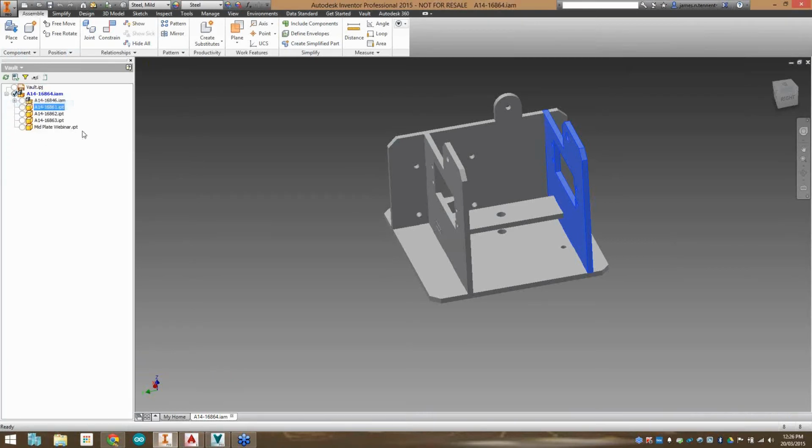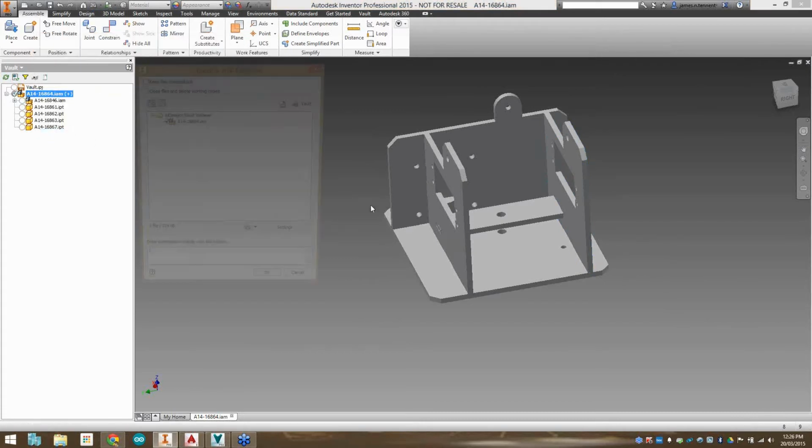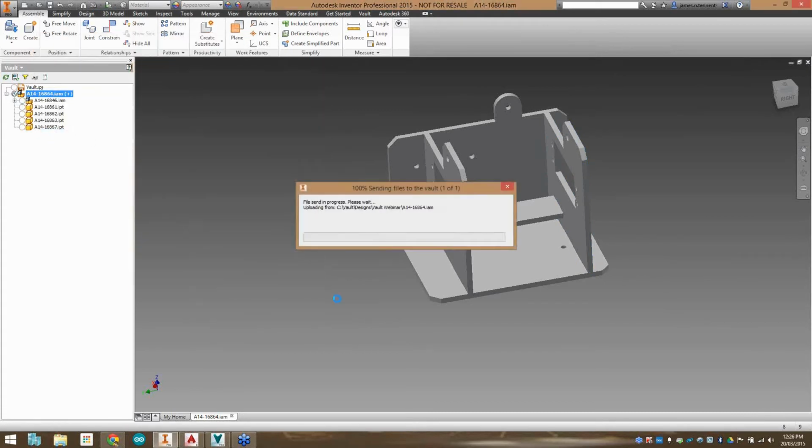So just one last time, let's jump back in here and refresh, make sure that we're up to date. Yes, we are. Refresh the file. And you can see we're back down to proper numbering sequencing. Let's check that back in. And as you'll see when we check it in,